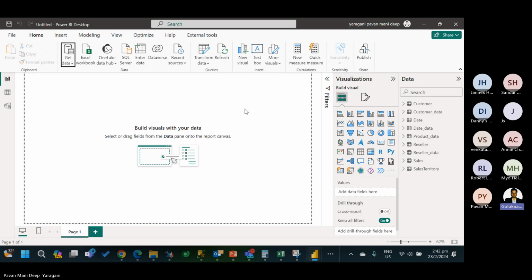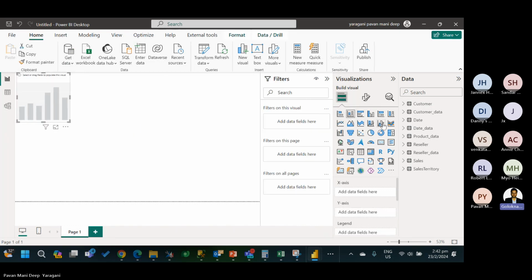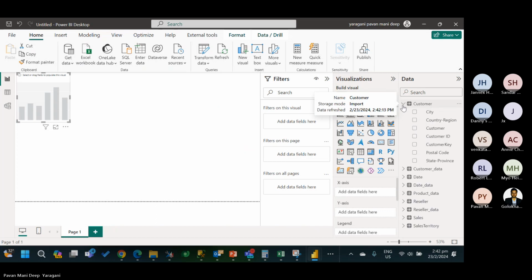You can create a visualization as and when required. You can select your respective visualization. Suppose you want a bar chart, you can pull a bar chart, and whatever table you want, you can pull it accordingly. Suppose I want to know how much is the sales in a particular city, then I will